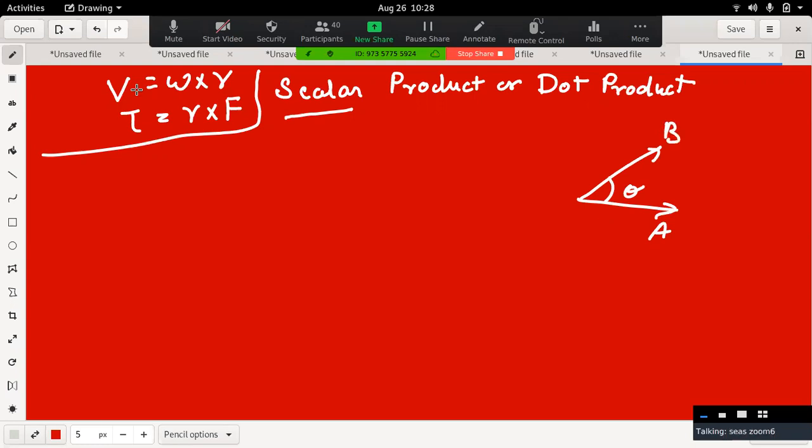Then their dot product is also called the scalar product, and we can write A dot B is equal to AB cos theta,